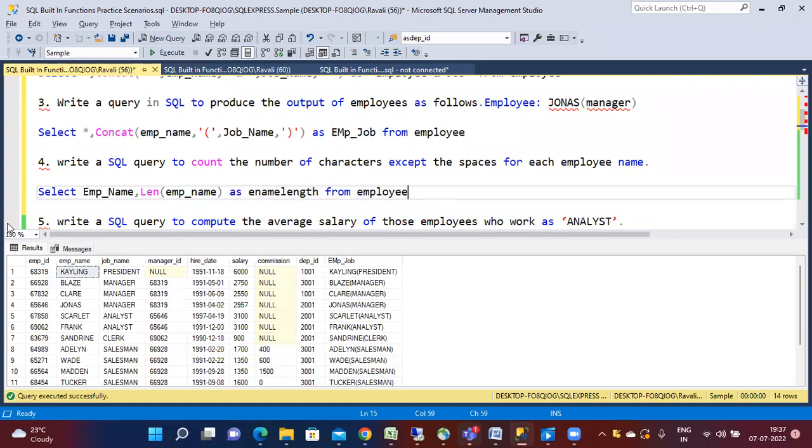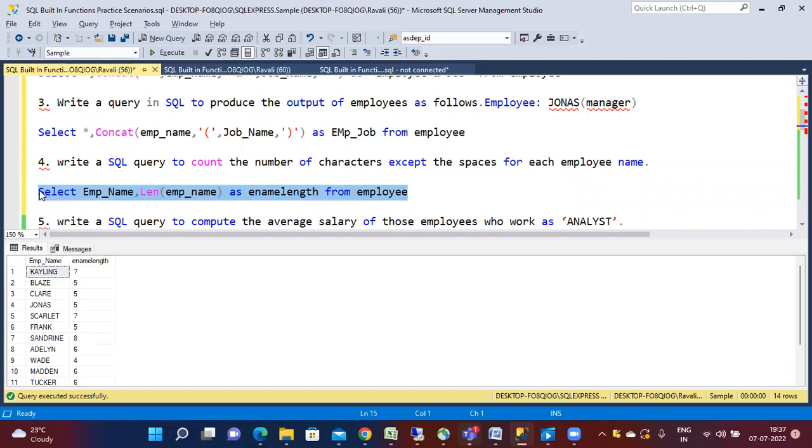See, without spaces, he said. So can we use trim? What will trim do? It removes the spaces on the left and right. But if the spaces are in between the two words, will trim be useful? No, right? I wanted to replace a space, whether it is at the front, the end, or in between. So what is the function? You can use